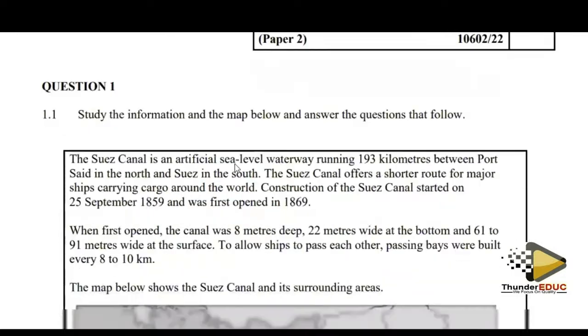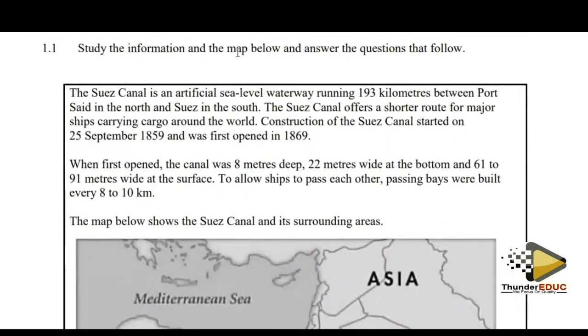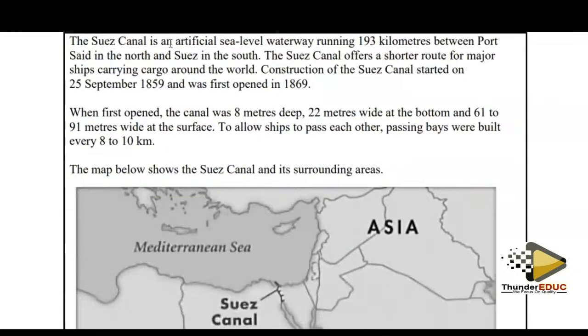Question 1. Enter the information in the map below and answer the following questions. Now the questions that follow. The Suez Canal is an artificial sea level waterway running 193 kilometers between